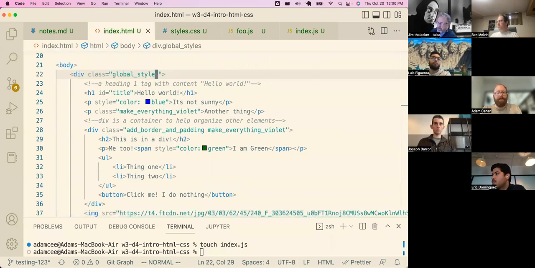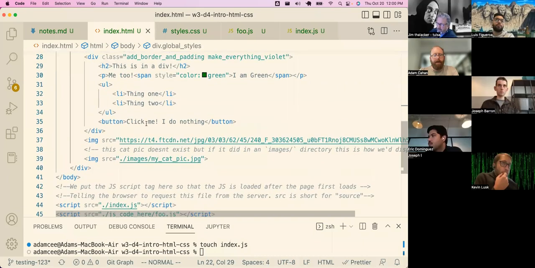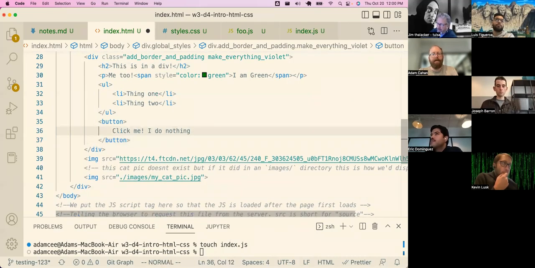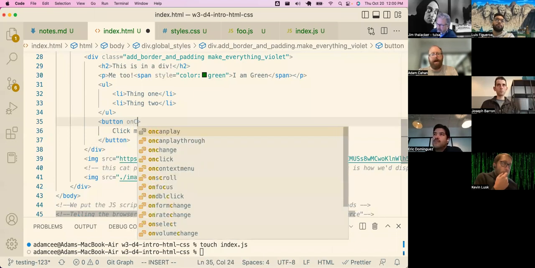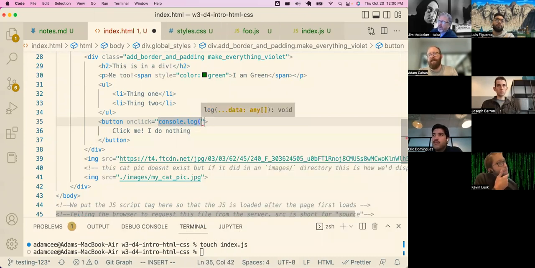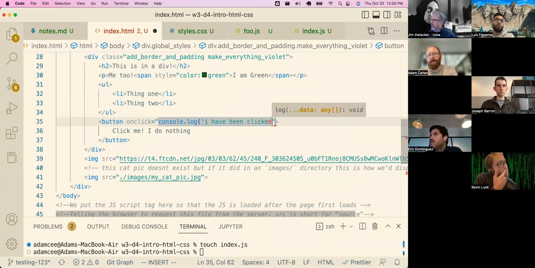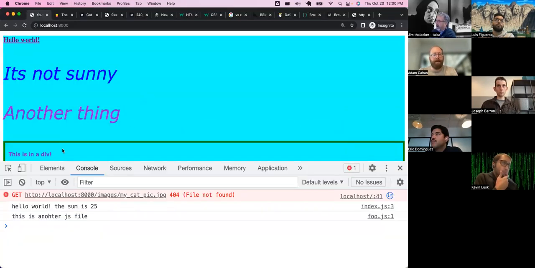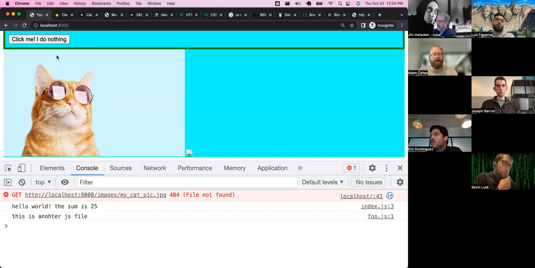But the great news is it's really straightforward. One of the cool attributes, and I'm going to fiddle this around a little bit for the way that I like to look at this stuff as I start to add more things. There's an onclick attribute, and this runs JavaScript. You wouldn't want to write the JavaScript inline, but you can. What you would really want to do, actually, I'll do it in 2 steps. So now when I click on this,